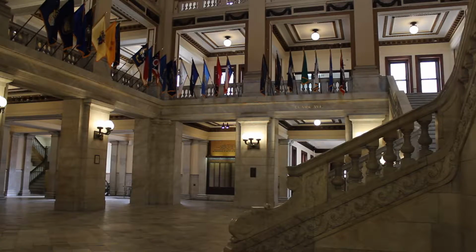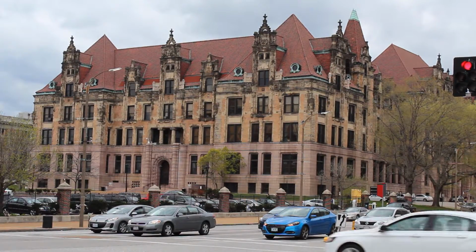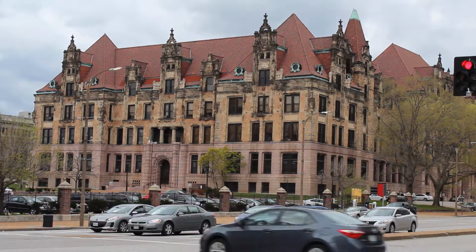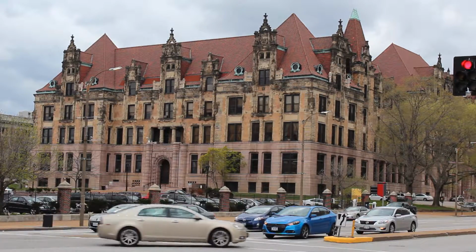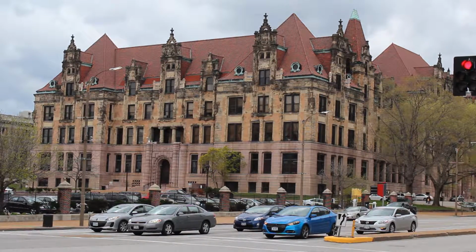Construction began on July 19th of 1890, and it was completed on November 5th of 1904. No bonds were issued to finance this construction, which is why it took 14 years to complete the building. The budget was limited at $2 million, but the final cost was only